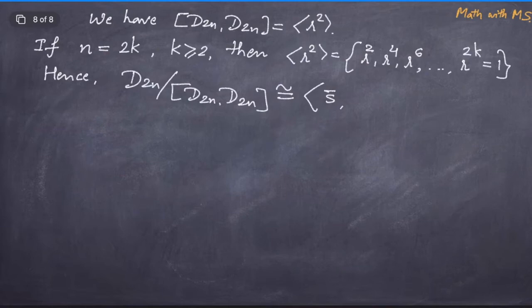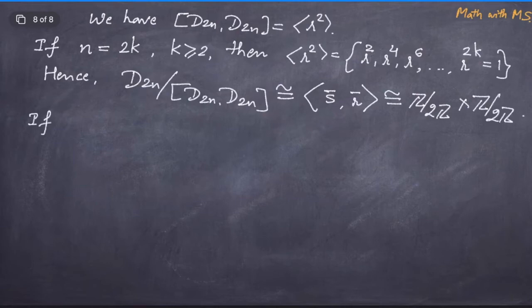So, R will survive and R will give you a non-trivial representative in the quotient. So, it will be generated by the coset R bar, where S bar satisfies the identity S bar square is 1 and R bar satisfies the identity R bar square is 1, and the relation in this case will be just commutation. So, S bar R bar is R bar S bar. So, this in fact will be isomorphic to the Klein 4 group Z mod 2Z times Z mod 2Z.